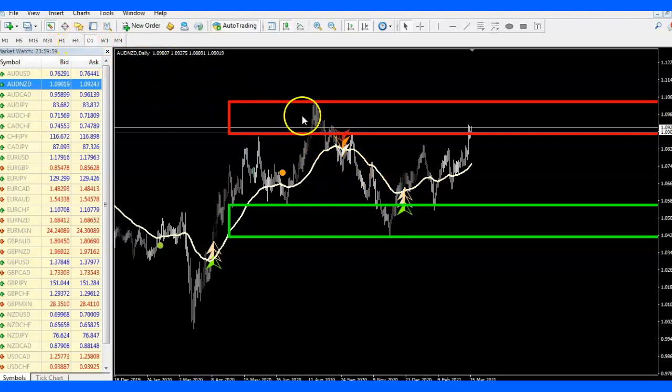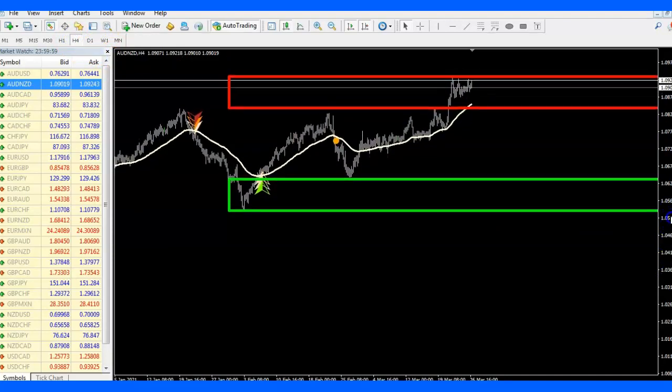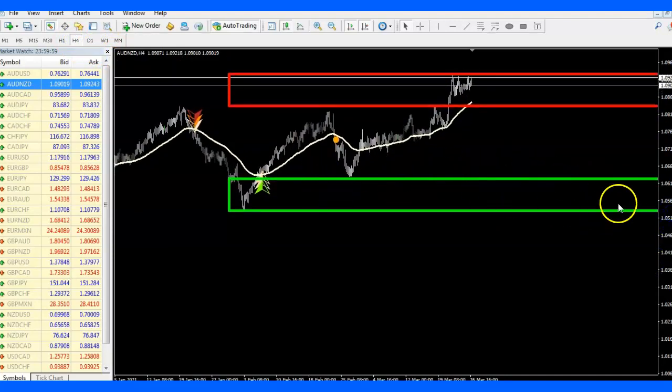A lot of people use it for long term, like daily or 4 hours, which is super strong if you have the patience to do that. A lot of people who work full-time jobs use this one. It is good for continuation trades. Let me show you an example. Let's say this triple arrow